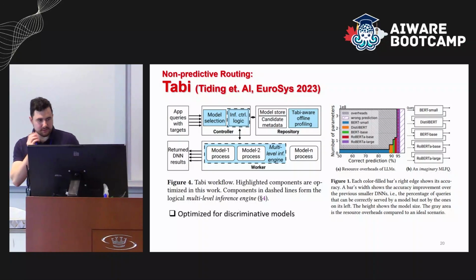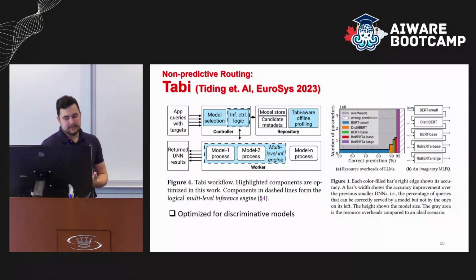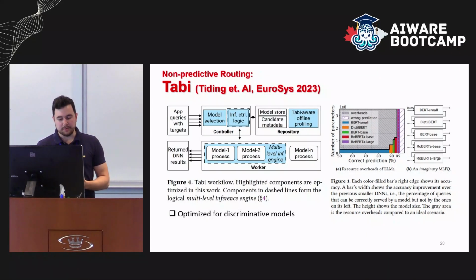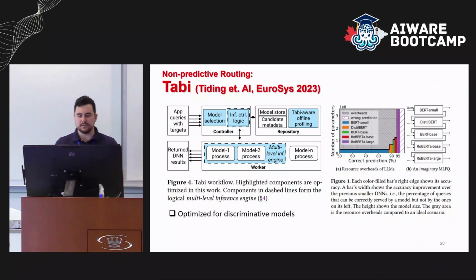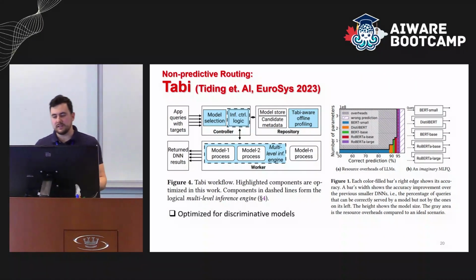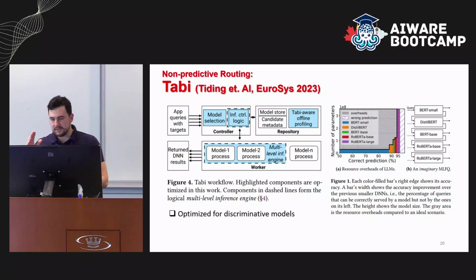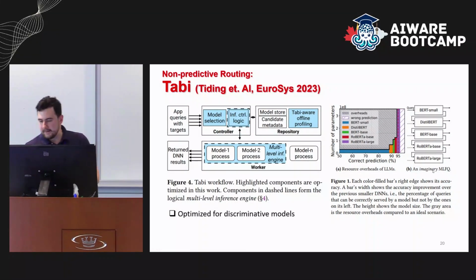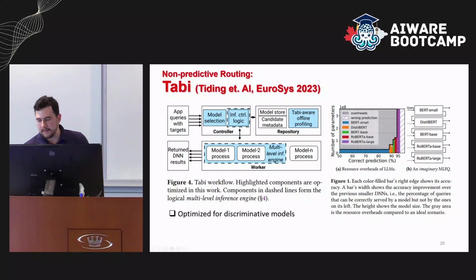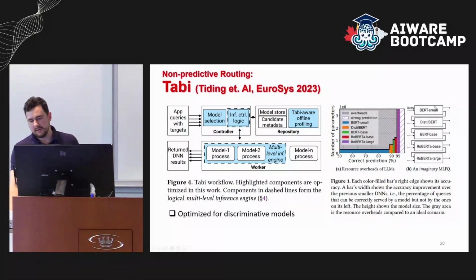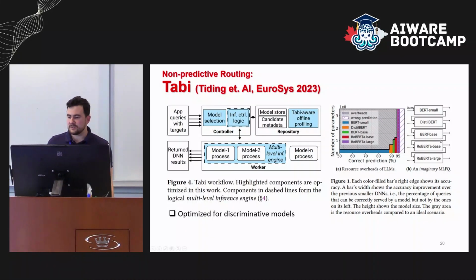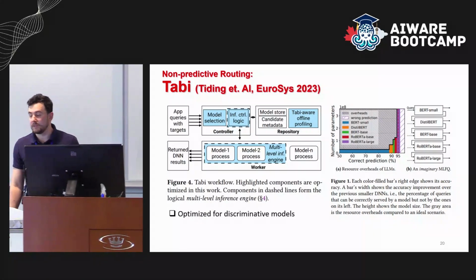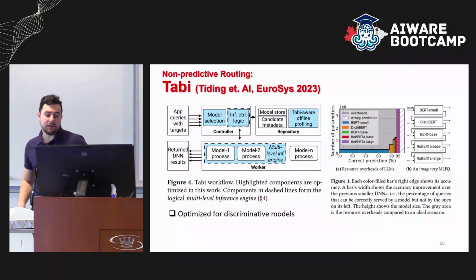One paper is called Tabi, one approach. It was actually proposed for discriminative models, not generative, but there are papers that also apply this to generative. The main idea here is that there's a great diagram all the way at the far right to give you a general idea, where they start with the smallest, cheapest model, and they go down the chain generating outputs until they're satisfied, or it just runs out and it's not good enough in the end at all.